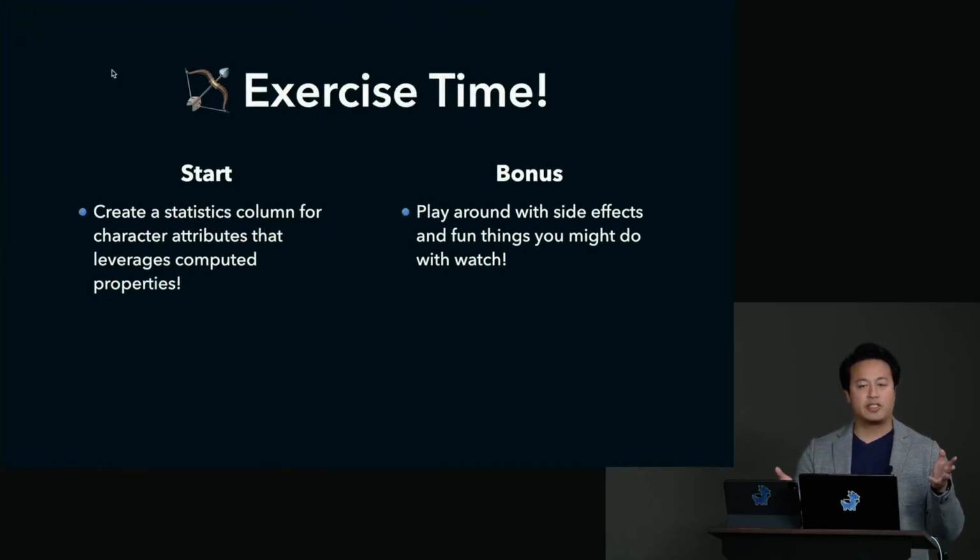You all have put a bunch of characters inside of your show. So you probably have certain attributes that you can put on those characters, right? Whether it's their age, height, whatever you want. Add those attributes to your characters, and then use a computed property to start generating some sort of statistics. For example, mine is Avatar: The Last Airbender. I could be like, oh, OK, 2 of them are waterbenders, 3 of them are earthbenders, and then I can run